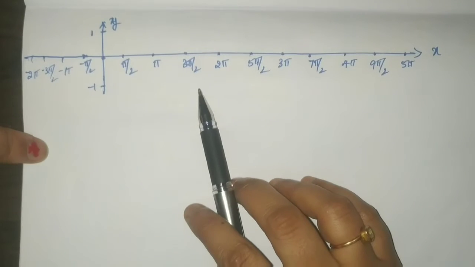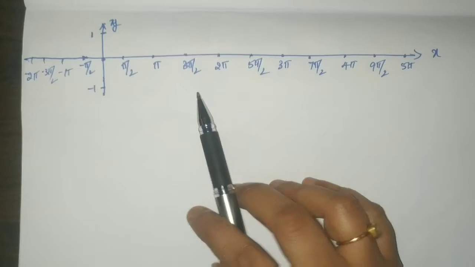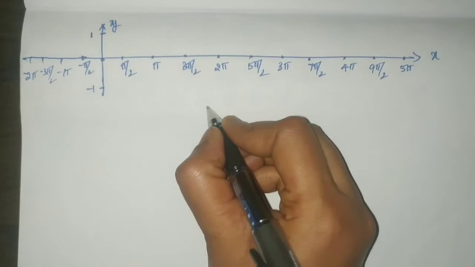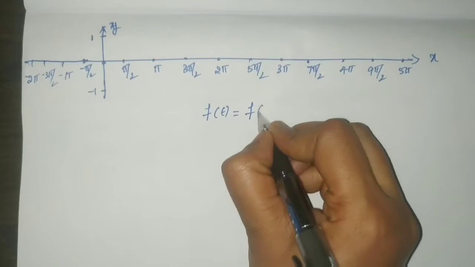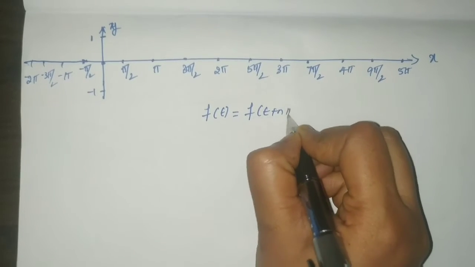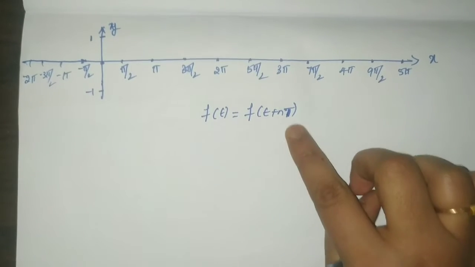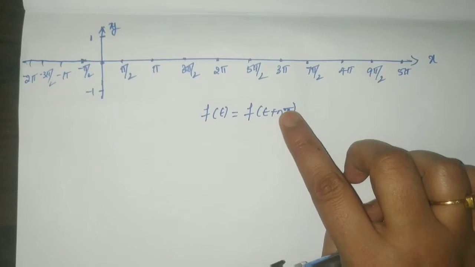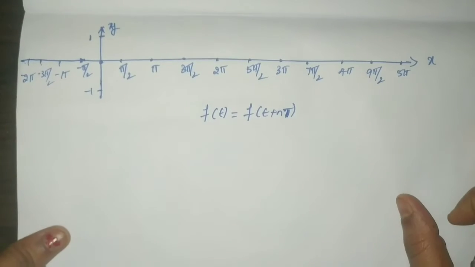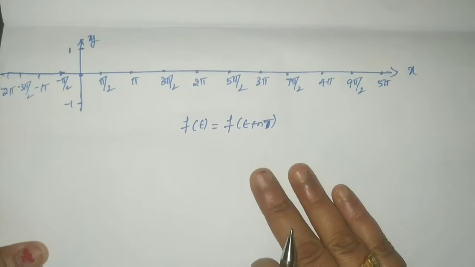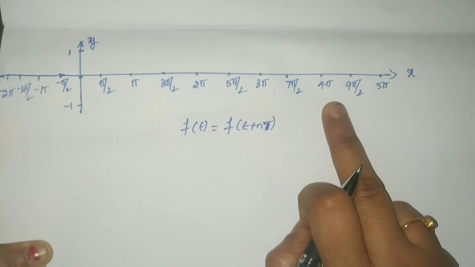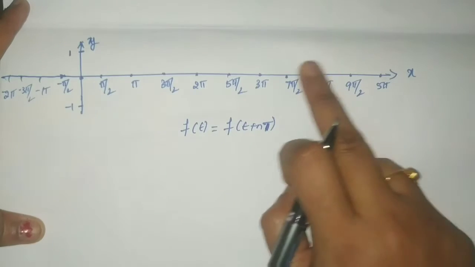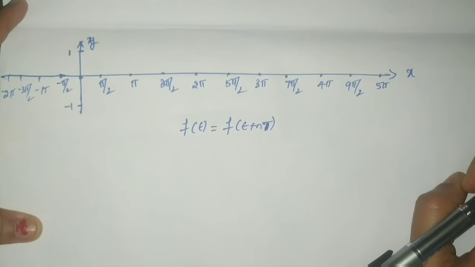To have a better understanding, a periodic function is nothing but a function f of t that can be written as f of t plus nT. This T represents the period. I'll show you with a diagram, it will be easy for you to understand. I'll take the example of the sine function, and based on its known values I'm going to plot the curve.